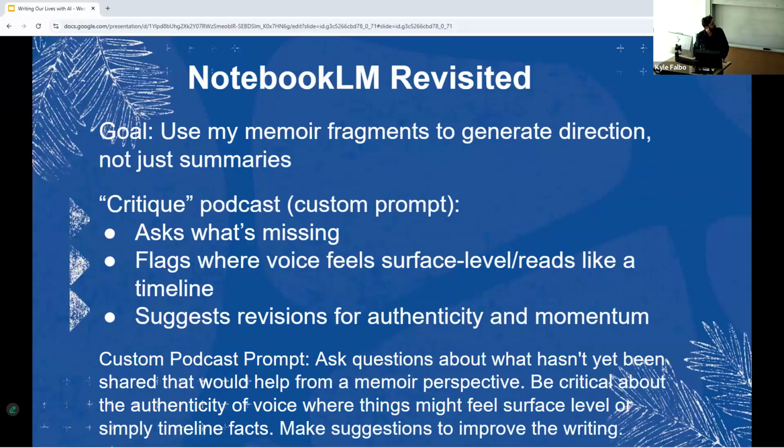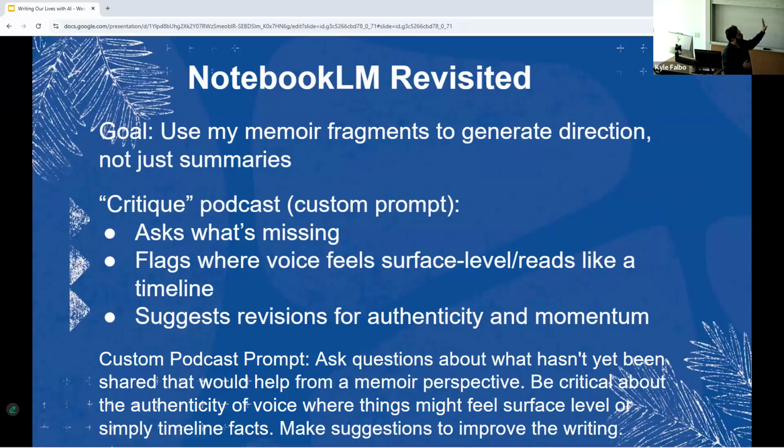Okay. I want to go back to NotebookLM, and the reason why is that I said early on that if I was to teach this class again, I would likely be using NotebookLM much more than the custom GPT that I wrote. And I want to give you some context of why I feel that way.